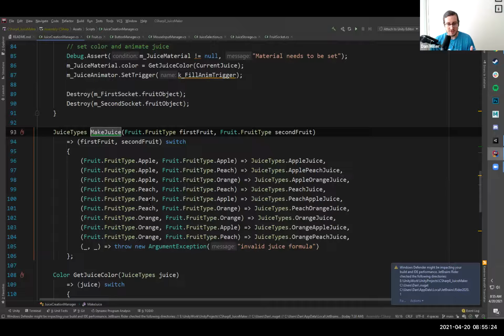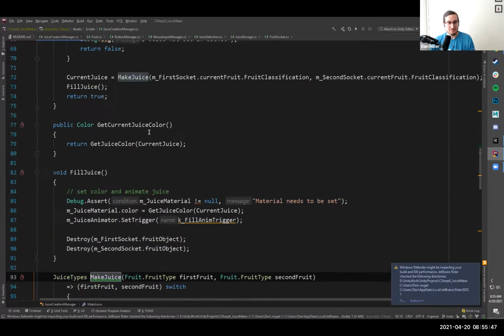If you go down to the peach, you can see peach apple equals peach apple juice. Again, there's no fall through with switch expressions. If I wanted these to be the same values, of course, I could assign them to be the same enum here. In this case, I'm just saying the leading fruit is the dominant flavor in the juice.